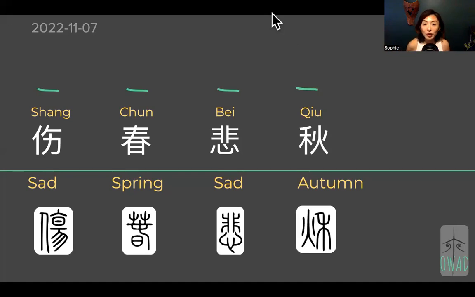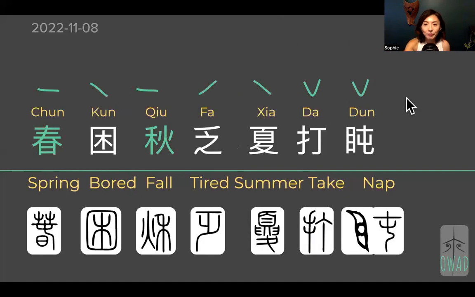So 伤春悲秋 was this depiction. Now we have 春 and 秋, the two seasons. Again, I'm going to skip it because we have many more characters today. As you can see, there are a total of 7 characters in this expression: 春困秋乏夏打盹. It's not a classical 4-character Chinese phrase formation, right? When it's 7, it could be an extract from a poem, like a stanza or a line from a poem, or it could be a contemporary expression. I view it more like a contemporary or colloquial Chinese expression.